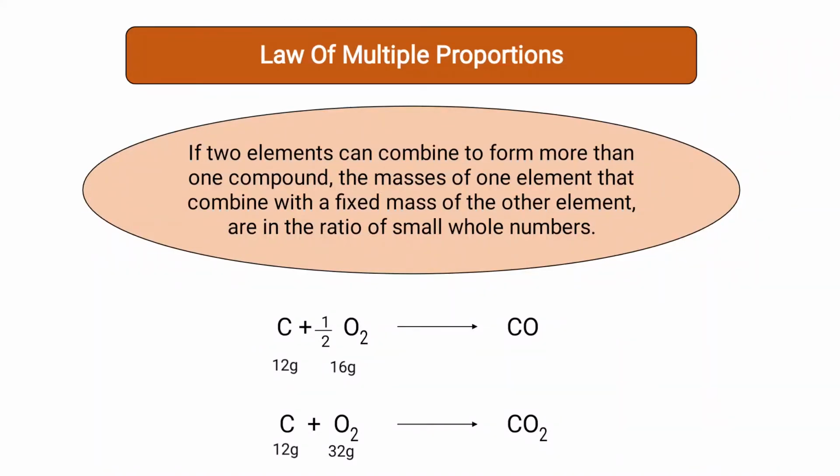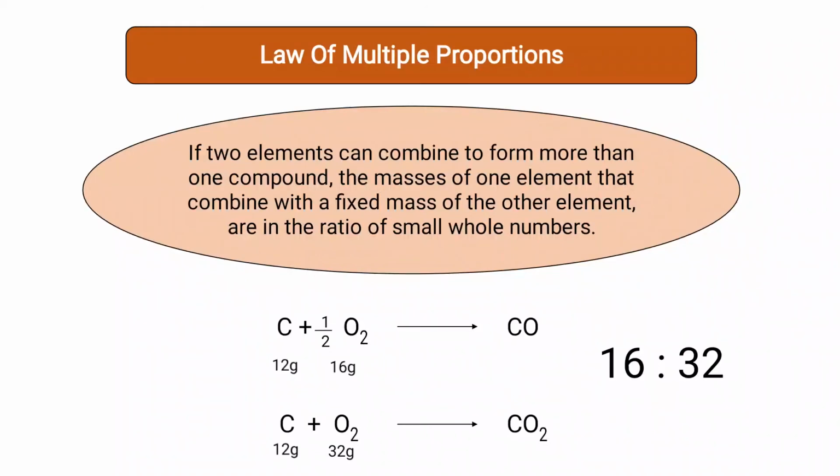So what does the statement tell? The mass of one element that combines with the fixed mass of the other element. Here carbon is the fixed element, whereas the oxygen mass differs. Okay, so the masses of one element that combine with the fixed mass of the other element are in the ratio of small whole numbers. That is nothing but the masses of oxygen that combine with the fixed mass of the carbon bear a simple ratio, that is